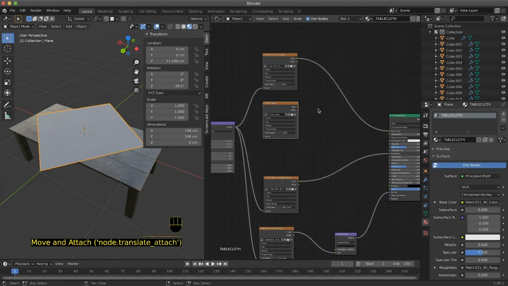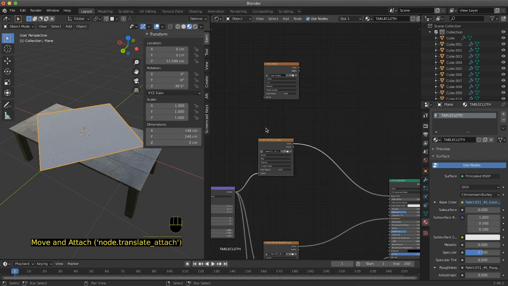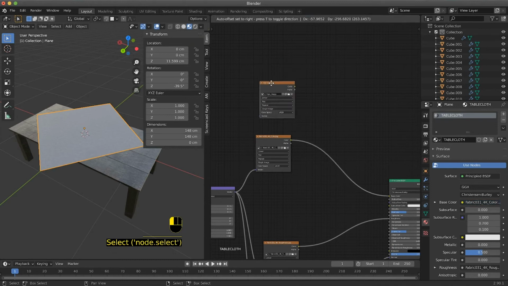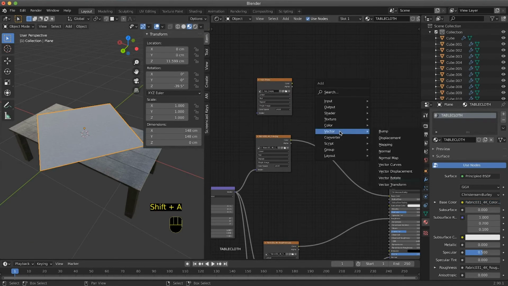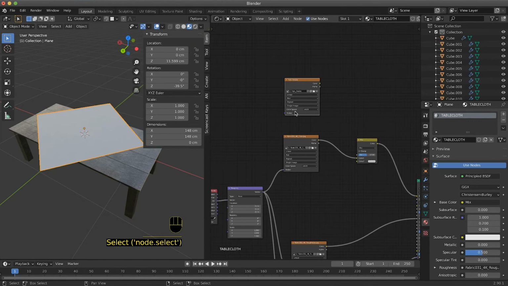We need to make sure that the color and the fabric are going to be mixed with a Mix RGB node. We use the logo that we put in the mapping as a factor for our two elements.